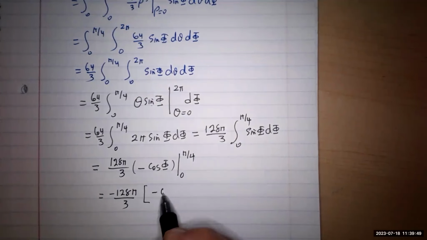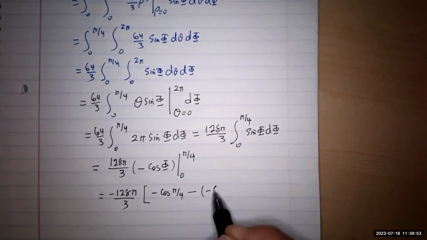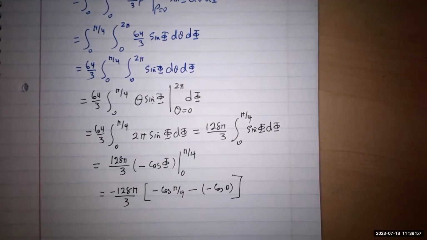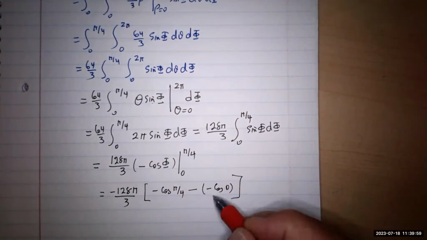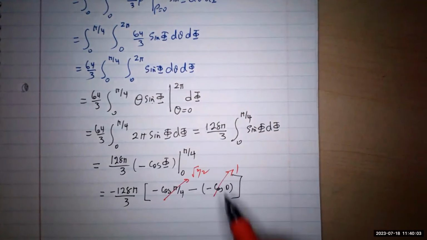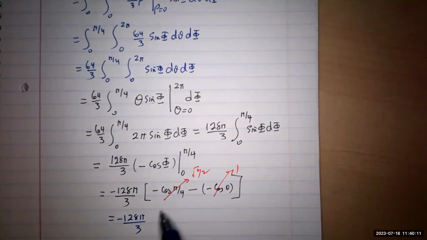So it's going to be negative cosine of pi over 4 minus negative cosine of 0. You know that the cosine of 0 is 1, and cosine of pi over 4 is radical 2 over 2. So we get negative 128 pi over 3 times negative radical 2 over 2,